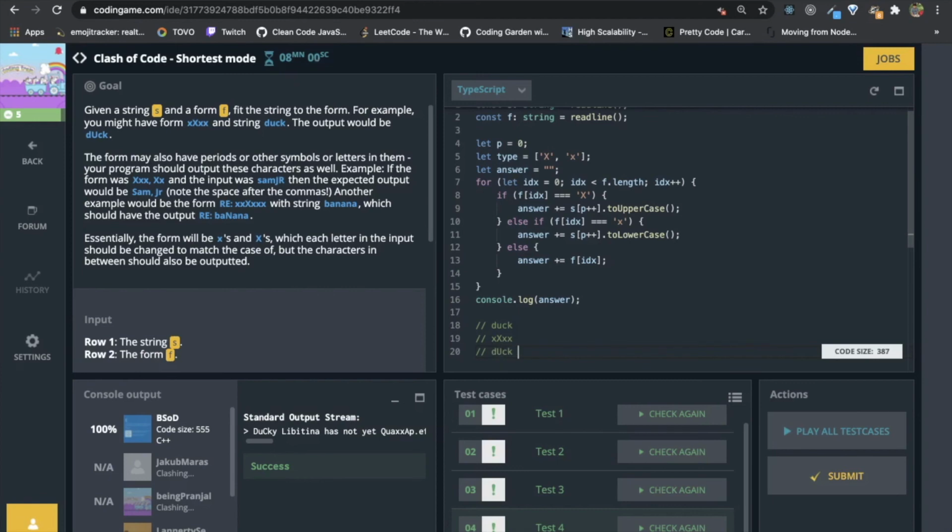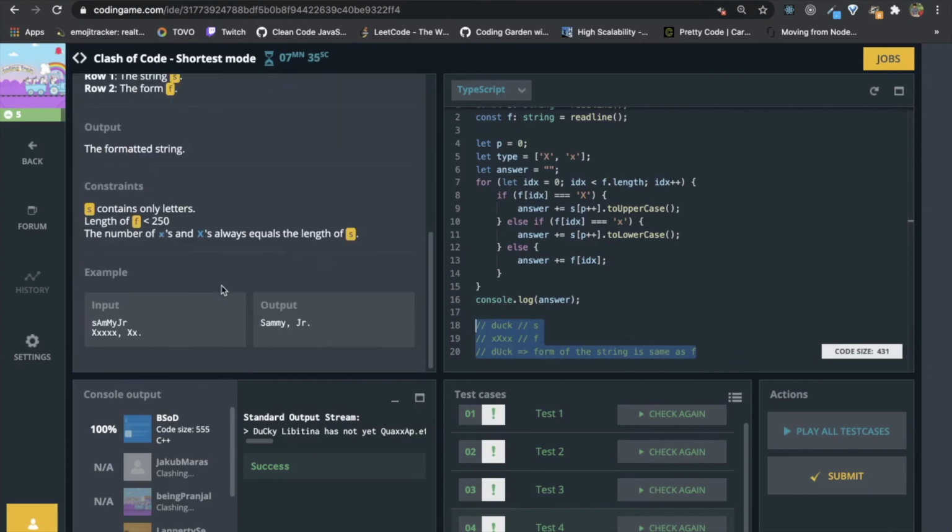So here you can see that the form of the string is the same as F. This string is called F and this string is called S. So we converted S to the form of F. Now, what is more challenging about this problem is, suppose you are given this string and you are given this string.